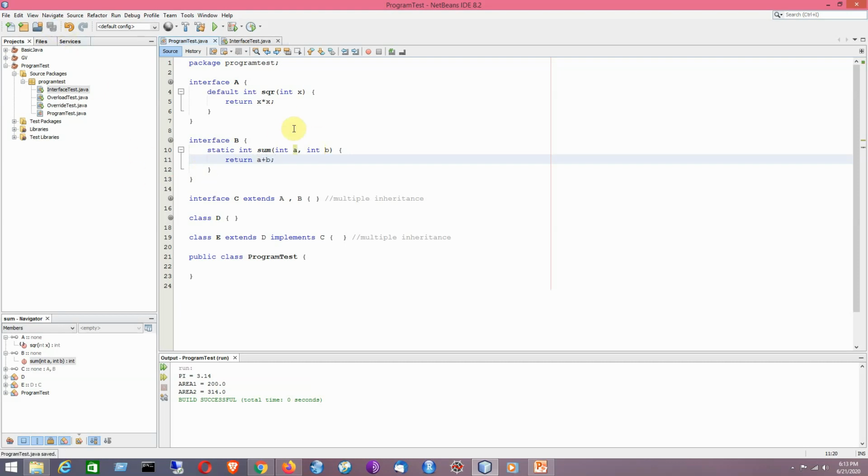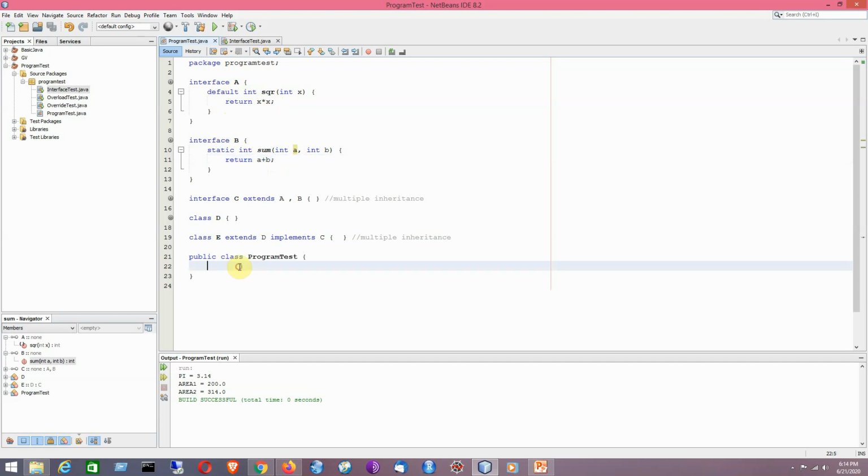So that is a new concept in Java. Like the old definition states that an interface is a special kind of class which is having public static final fields and public and abstract methods. But with the introduction of Java SE 8, you can say that an interface can have default method as well as static method. So that I have written here. In interface A I have got a default method, and in interface B I have got a static method.